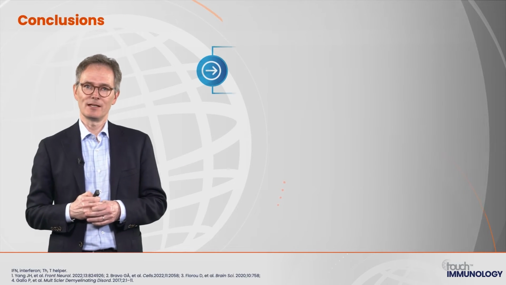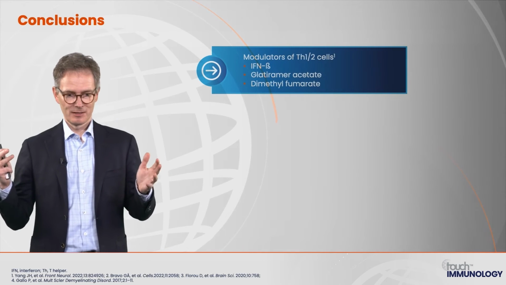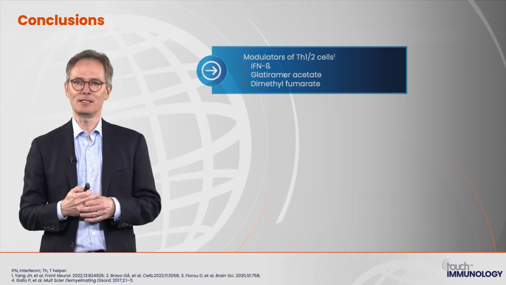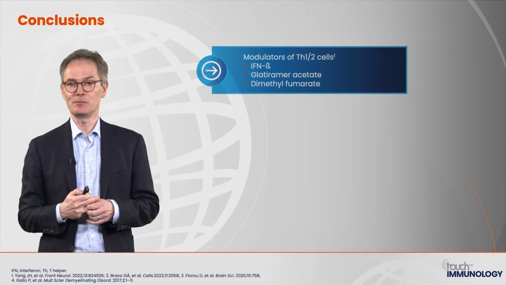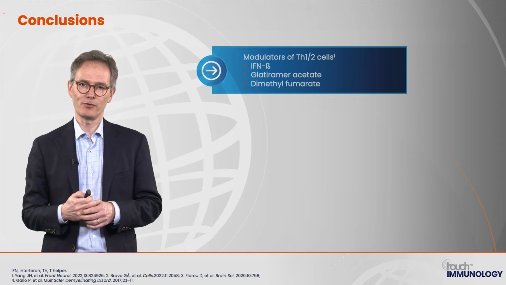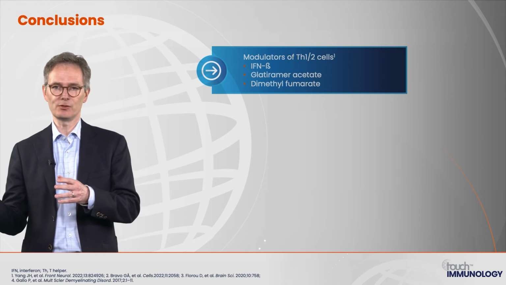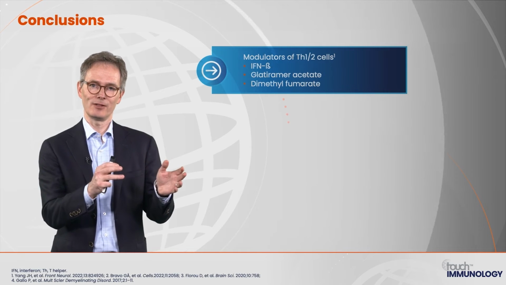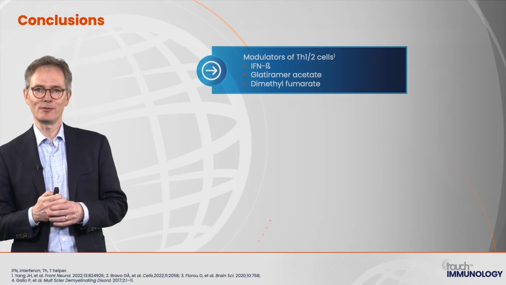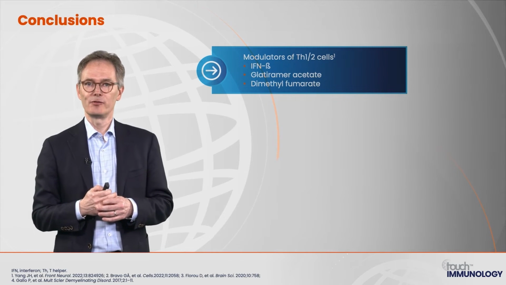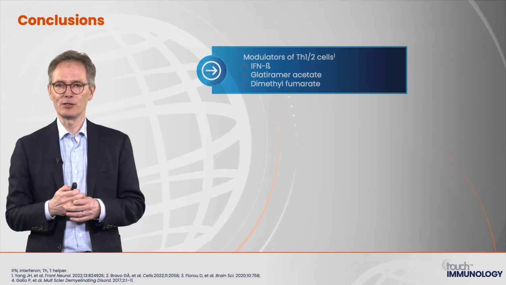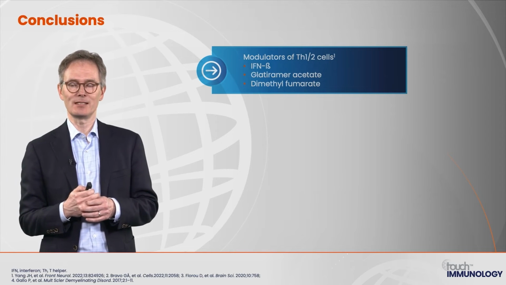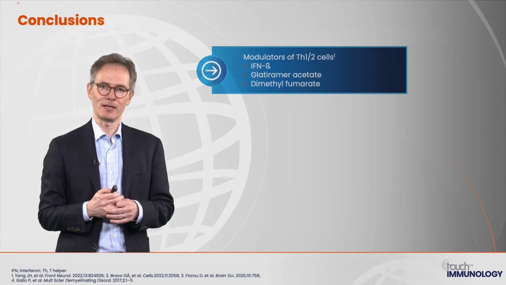So to summarize, the treatment landscape in MS has really started with interferons and glatiramer acetate, which are called immunomodulators because they shift the cytokine profile from a Th1 to a Th2 phenotype, changing from interferon gamma, TNF alpha to IL-4, IL-5. Then there's dimethyl fumarate, where we don't really exactly know the mode of action, but it certainly has an impact on pro-inflammatory lymphocytes that are reduced by the drug in the blood.